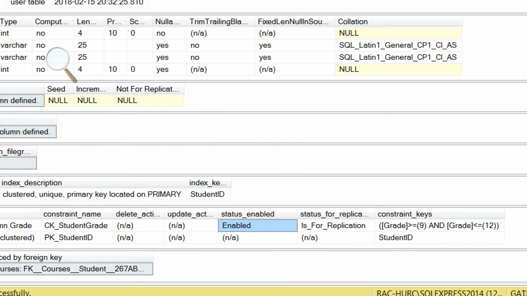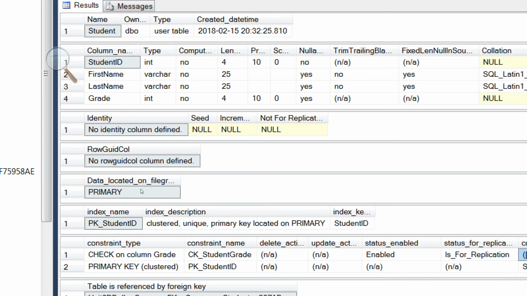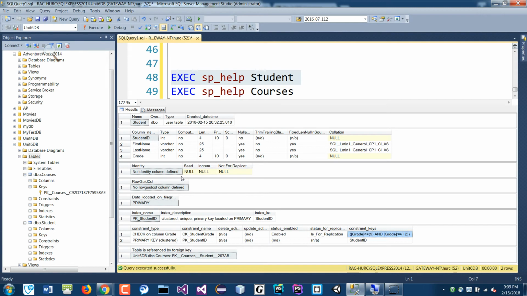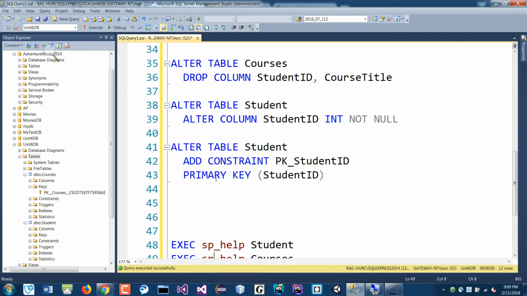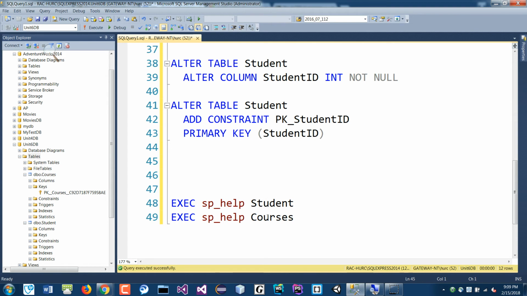So we have the constraint here on the student ID in the grade with that constraint. So with that said, why don't we go ahead and try to add some data into the student table? Okay, so right down here, we're going to add